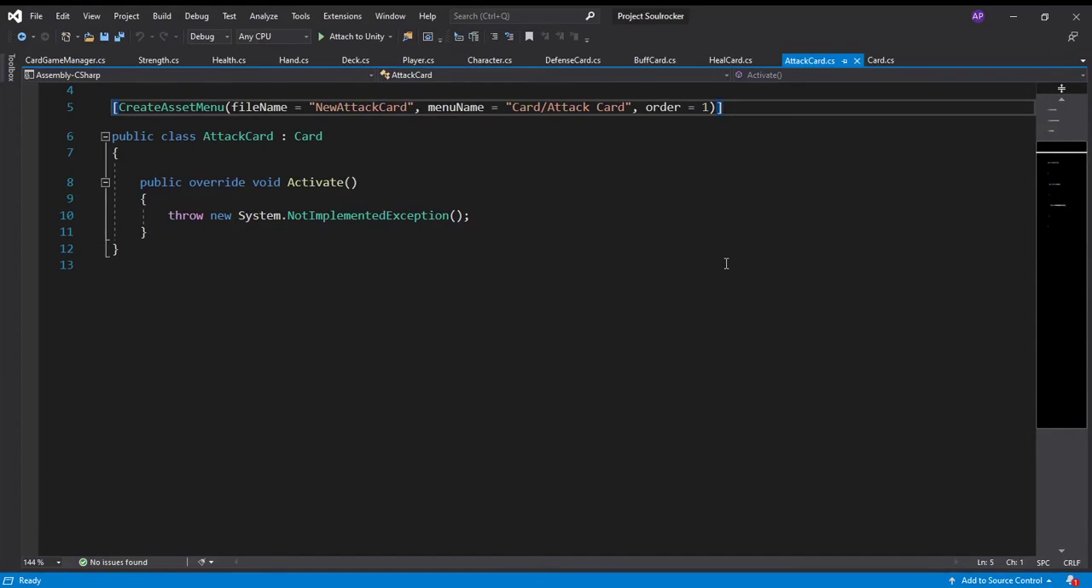And then here's attack card, which inherits from card. And we have this create asset menu attribute up here that makes it so that we can create one of these in our asset folder just by right-clicking, going to create, and then we just have this card dropdown that goes to attack card that we can create. And you can see here it's overriding activate. Right now it just throws a not implemented exception, because nothing was implemented,